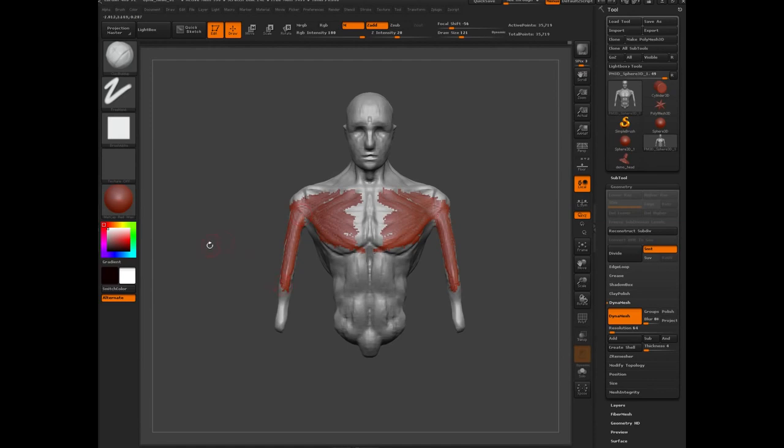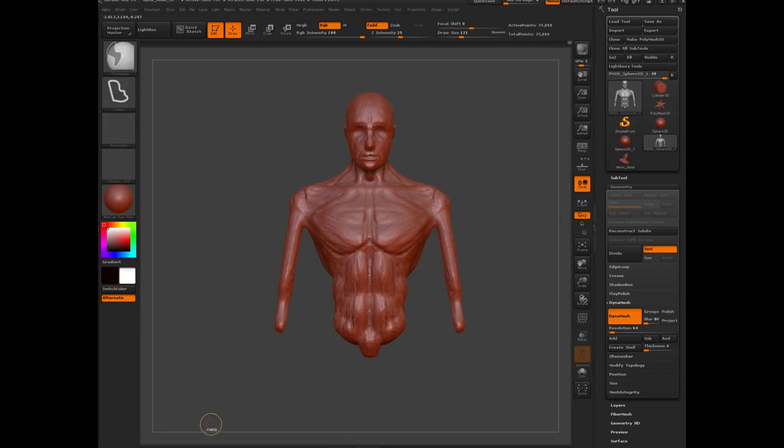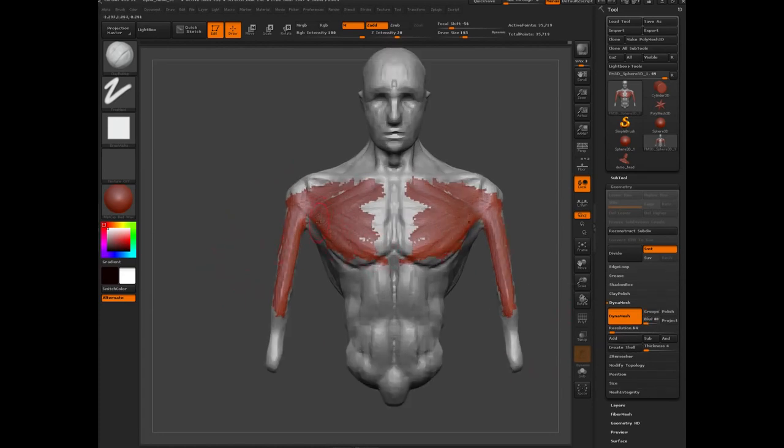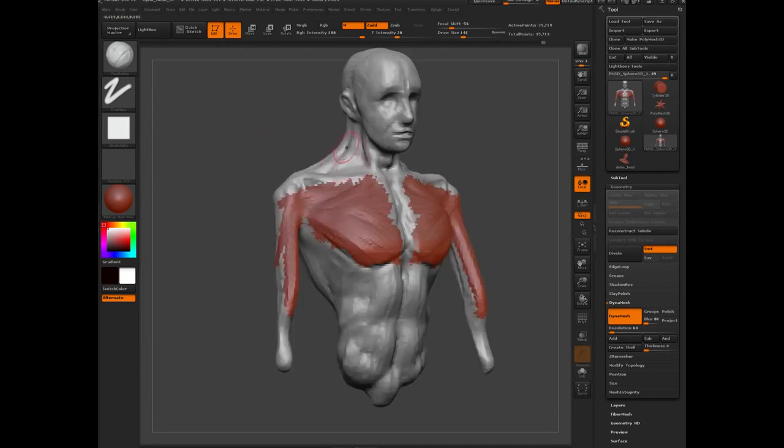So here, let's read Dynamesh. Whoops. Let's do that. Nope. That's not read Dynamesh. Oh, I could have sworn you could keep the material. There's probably a setting I'm forgetting. It doesn't matter. I won't need to read Dynamesh. I just want to show you this. I want to go back to the other material later anyway,